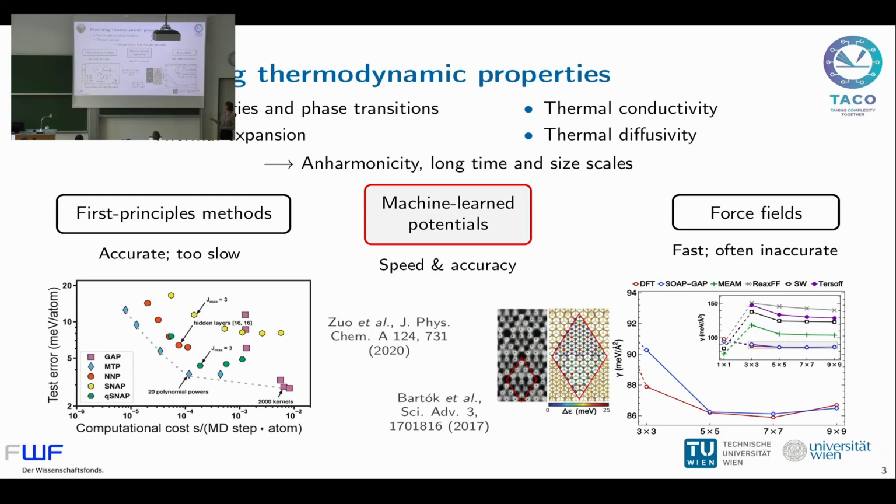Of course there is a trade-off when you train a force field and you use one. There is a trade-off between the accuracy and the computational cost, and also it will depend on the specific potential that you use, the descriptors and so on. But you see, we are orders of magnitude faster than first principles methods, although of course still slower than empirical